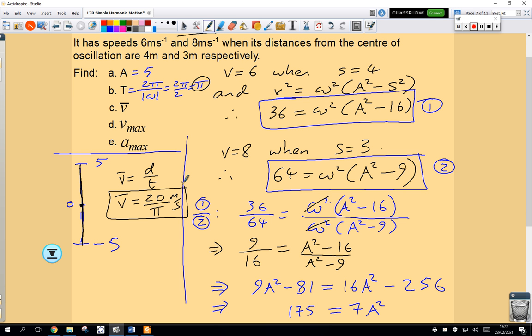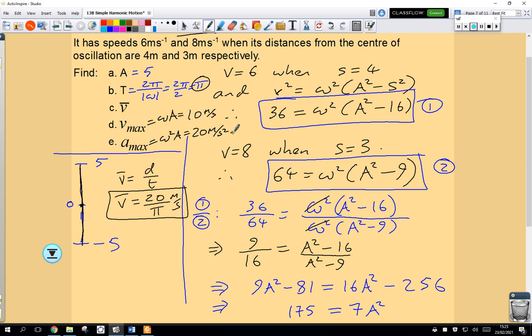The maximum velocity, again, we came up with an expression for that before. Maximum velocity is equal to omega times A. We said omega was 2, A was 5, so that's going to be 10. Maximum acceleration, we said, was omega squared times A. Omega is 2, 2 squared is 4, A is 5, 4 times 5 is 20. Don't forget your units, meters per second